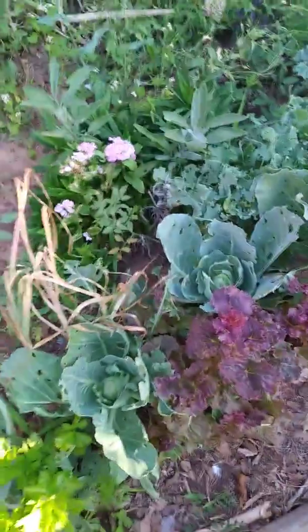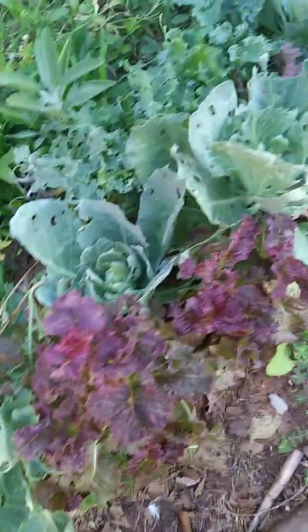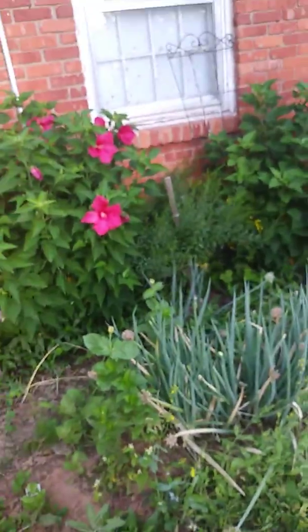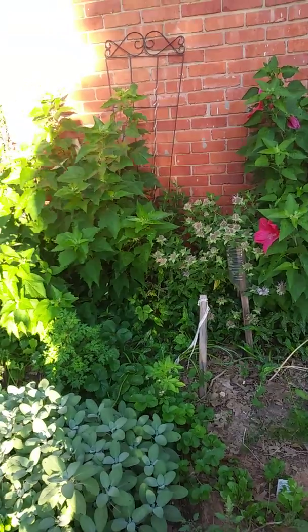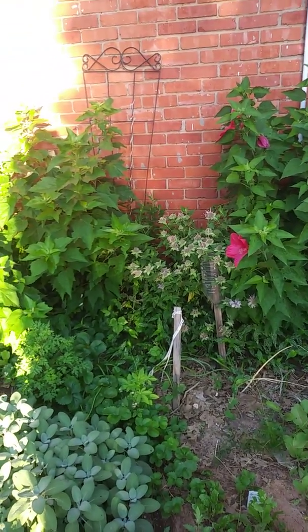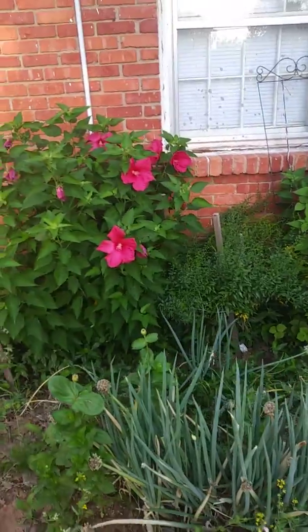I had the prettiest little red lettuces this year. I think you would love those. And then some Sweet William. And back there on the back, well, that Malabar Monarda Wild Bee Balm was given to me by a little friend in Tulsa Herb Society. And then I have some,